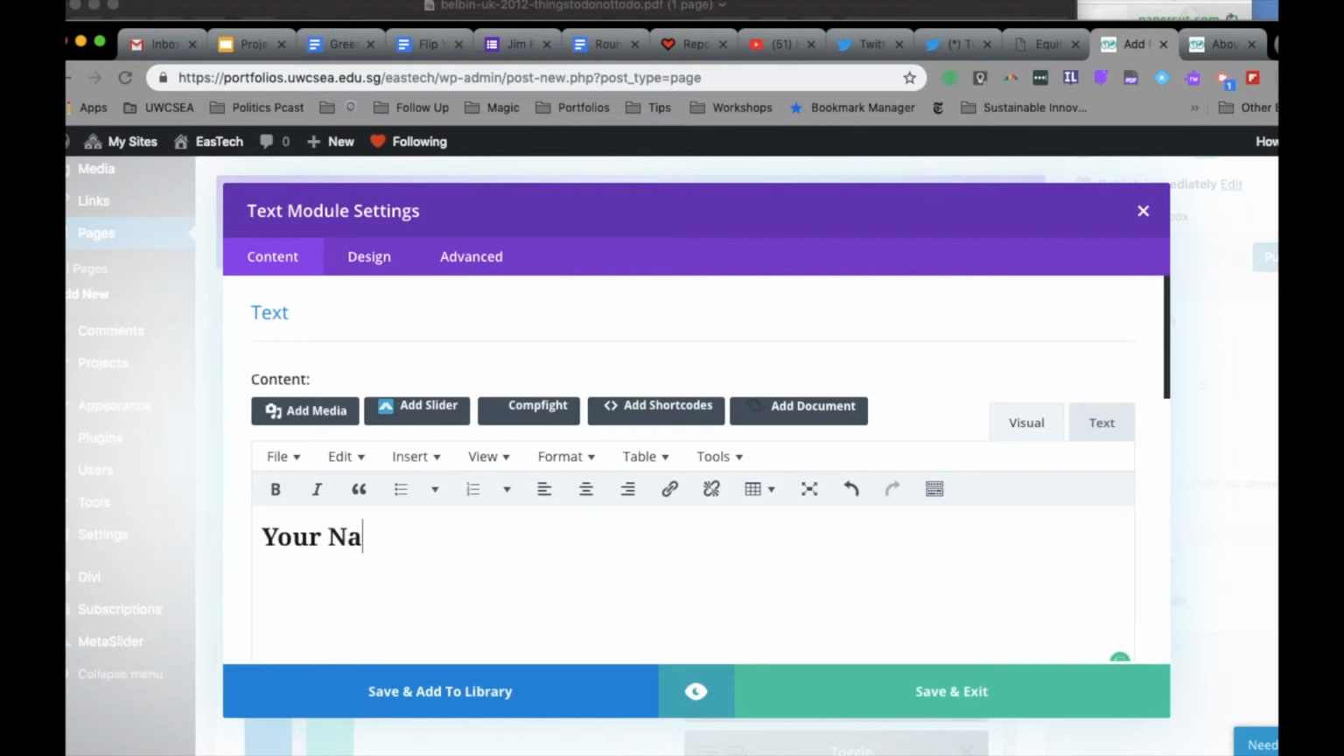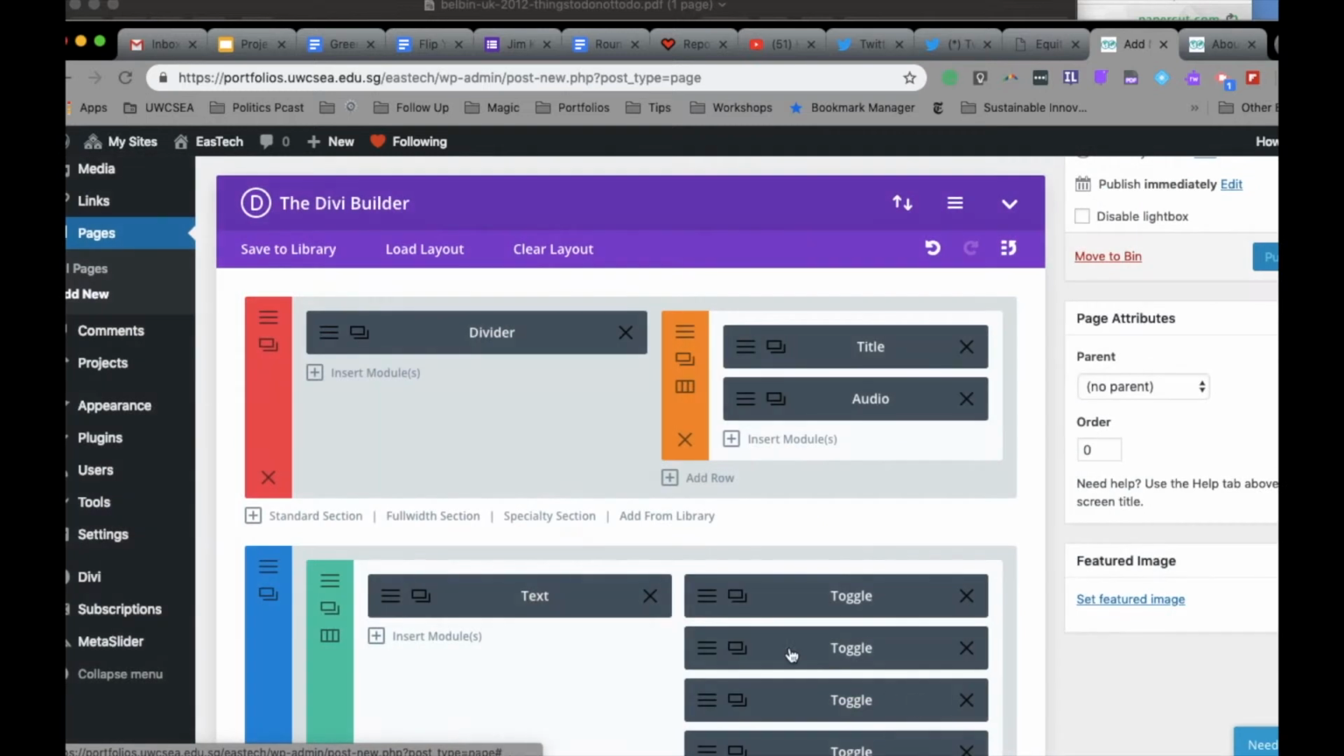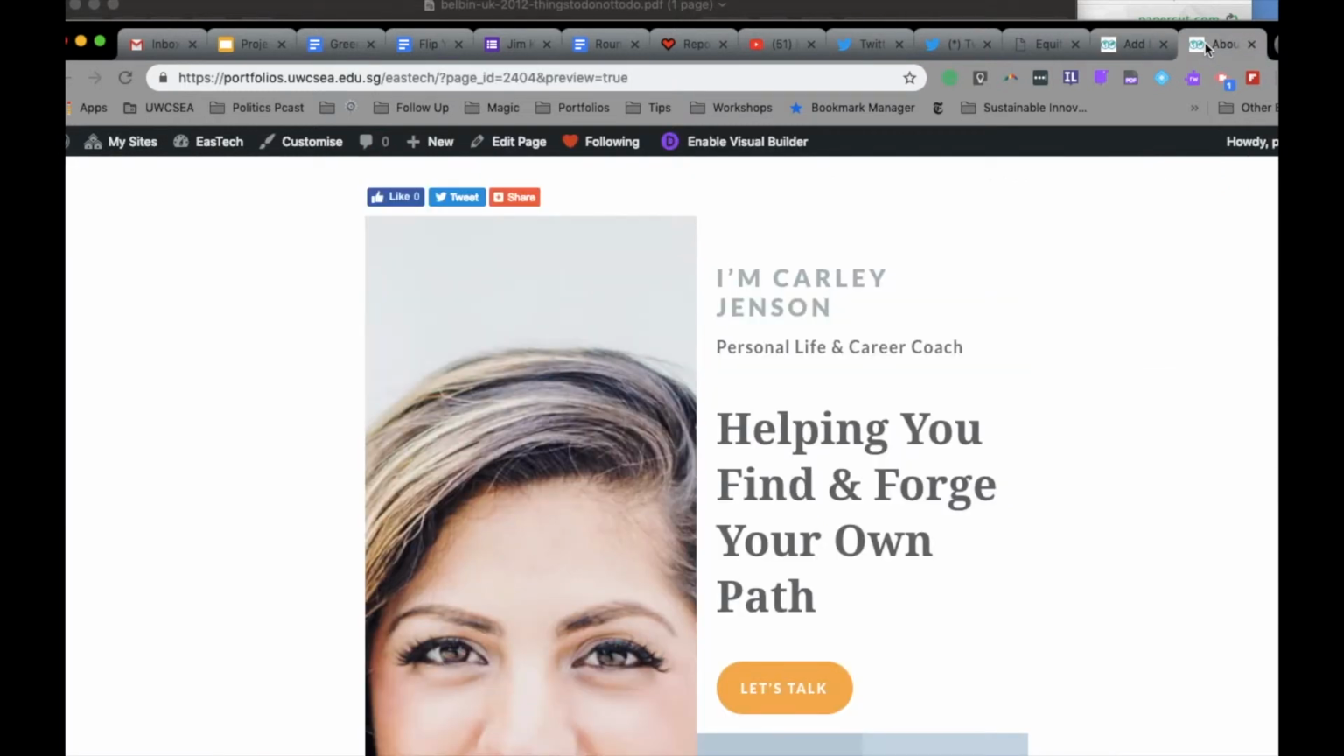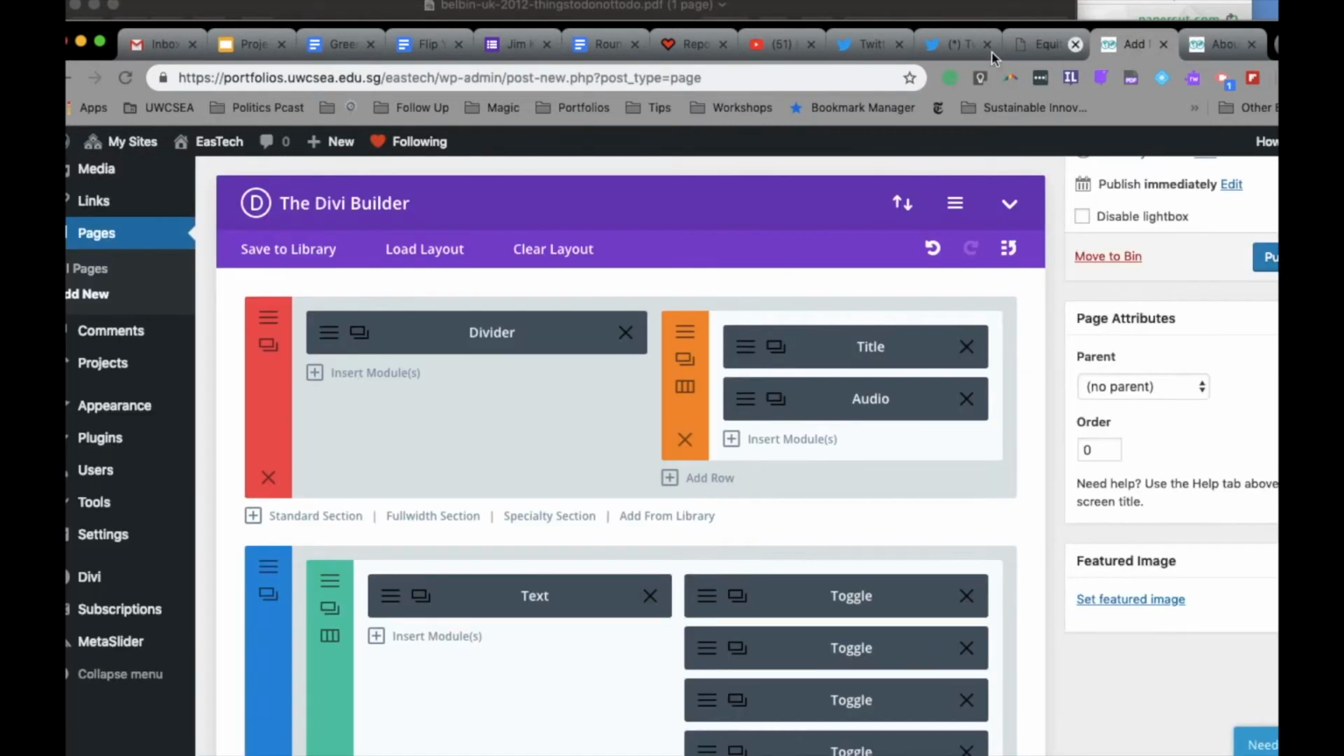Put your name here, and you've got a few other options. If you feel like offering your nationality, mentor group, feel free to do that. Great. Save and exit. If I want to edit that picture, this picture that we see here, what I actually